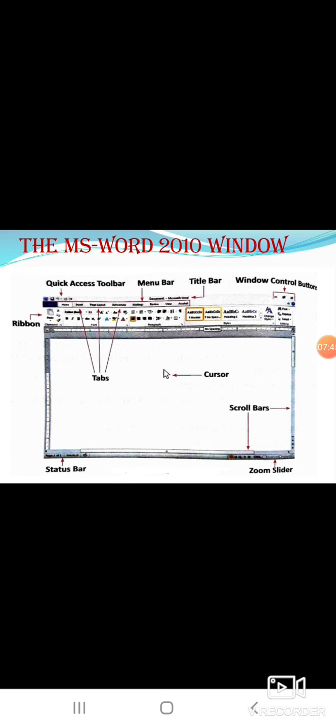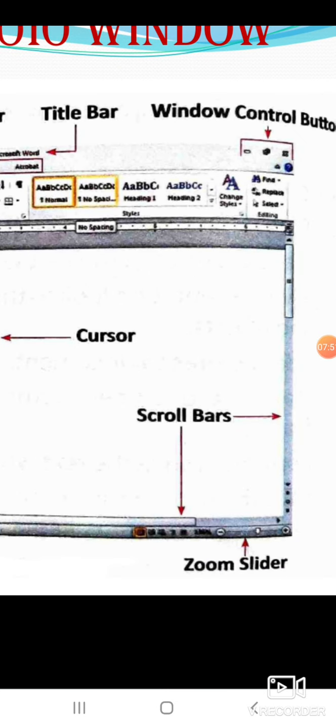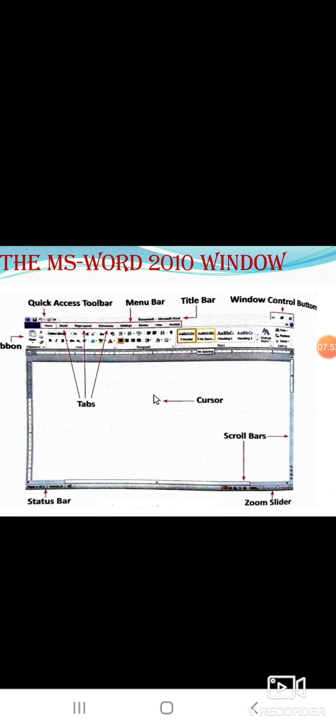See, on two sides they are there. They allow you to move up and down and across your window by dragging the icon located on the scroll bar.